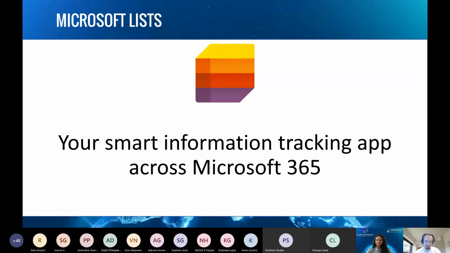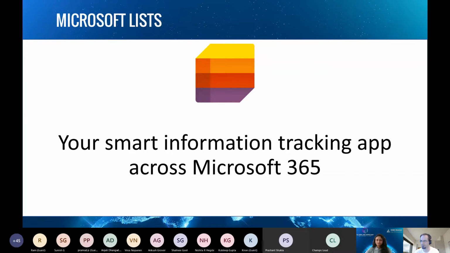It's a nice description, but in my opinion Lists has a lot more potential than only tracking information across Microsoft 365. It's not only a single application for users to track information and save data. It's much more, and upcoming features turn it into a really powerful tool.